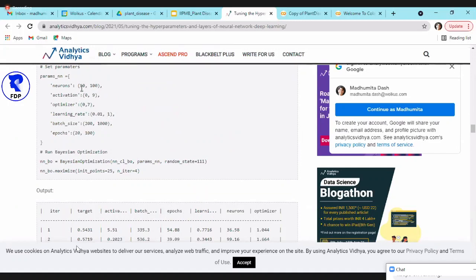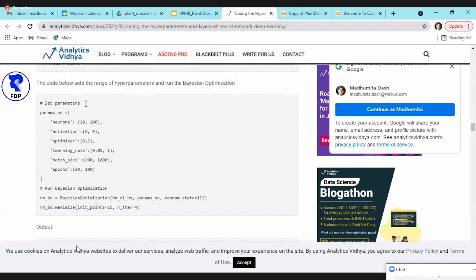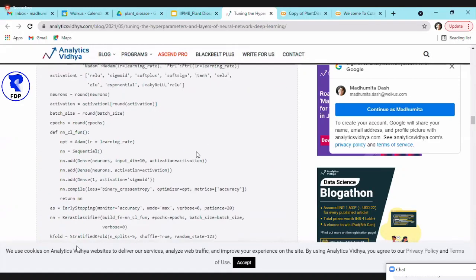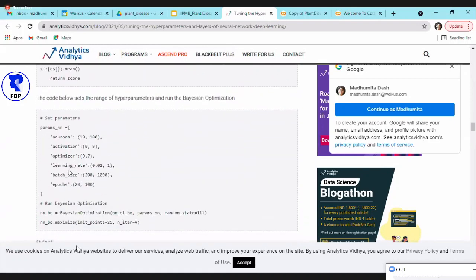Similarly, for neurons, it is saying use neurons from 20 to 100. Activation also, it is saying 0 to 9 because these are the activations, so run all these different activations. And batch size 200 to 1000. And then epochs, here it is using 20 to 100, but you can use 5 to 100, 10 to 100, whatever.